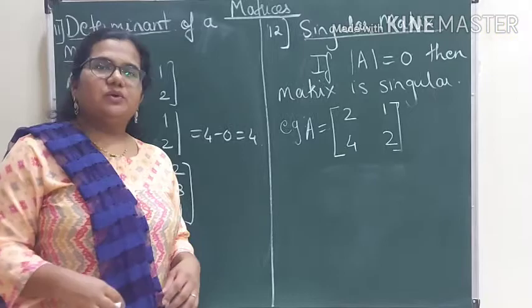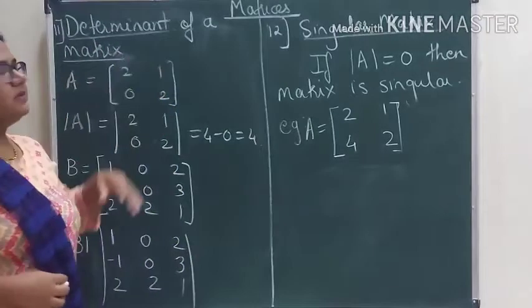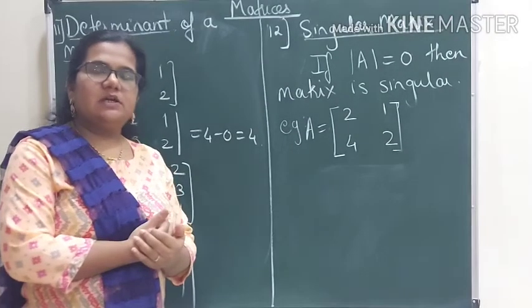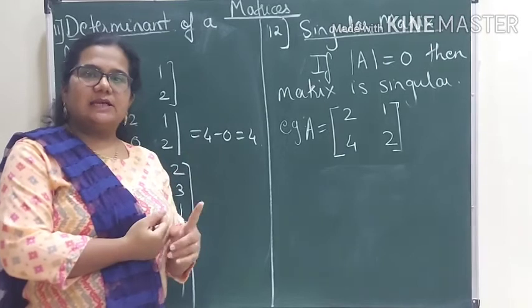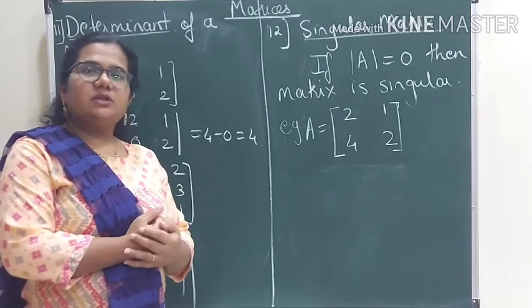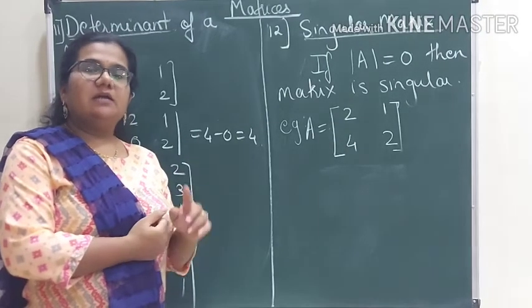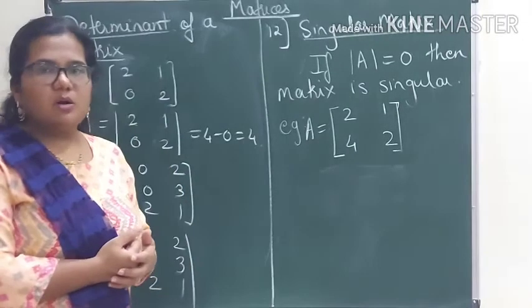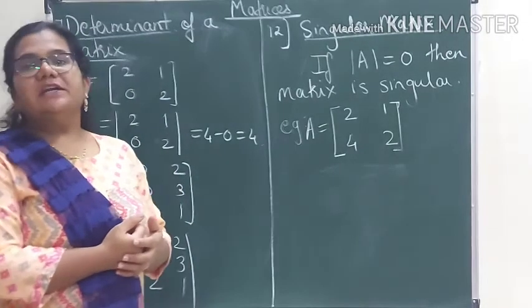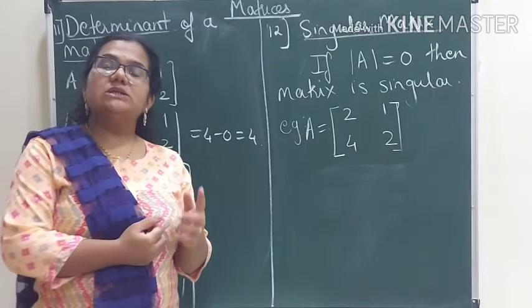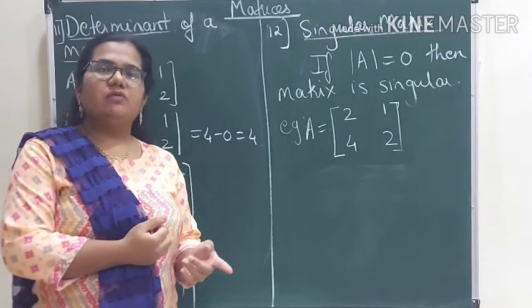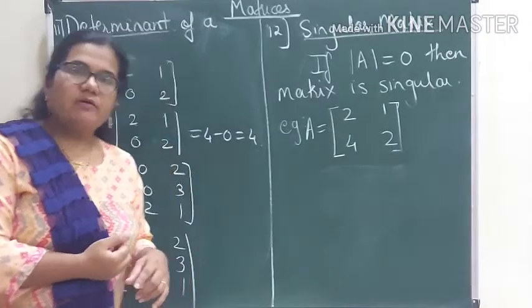The next thing we are going to study is finding the determinant of a matrix. Now, you have already studied in 11th standard what a determinant is. It is a single number which is arranged in rows and columns. In a determinant, the number of rows is always equal to the number of columns. So we can find the determinant of only a square matrix. Why? Because only in a square matrix is the number of rows equal to the number of columns.